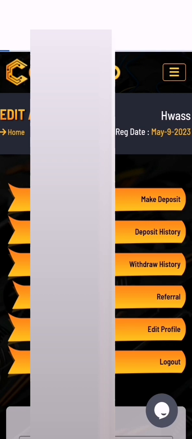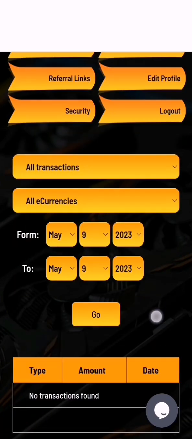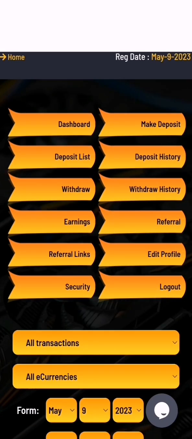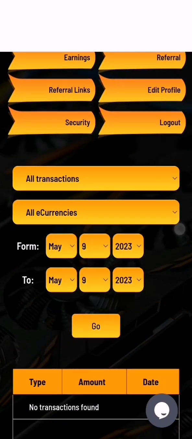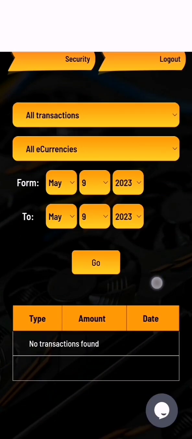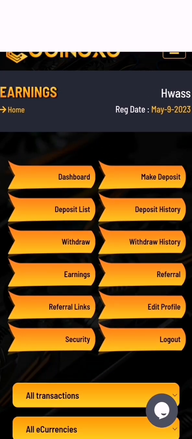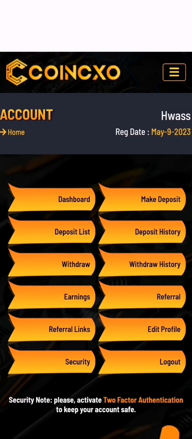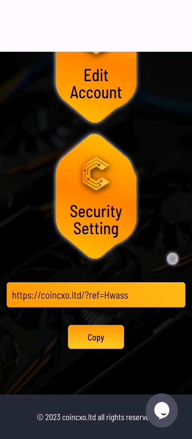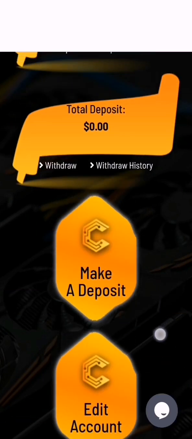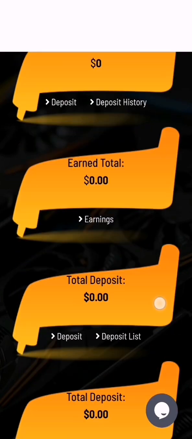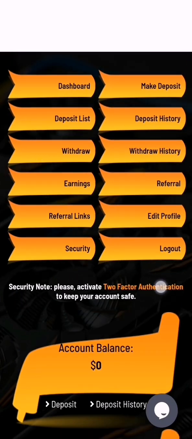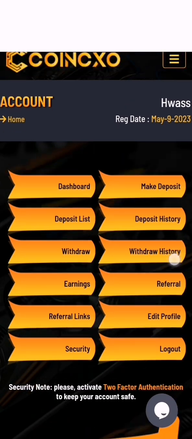For earning, when you deposit or make a deposit, you will get your earning here, transaction. Now we return to our dashboard. Like you see, this is our site today. Like you see,